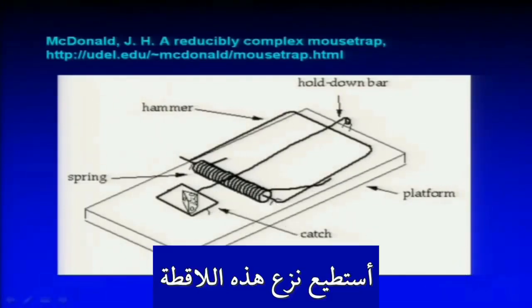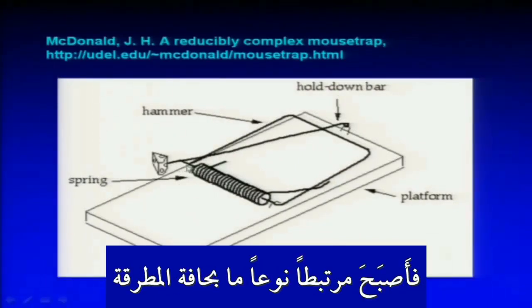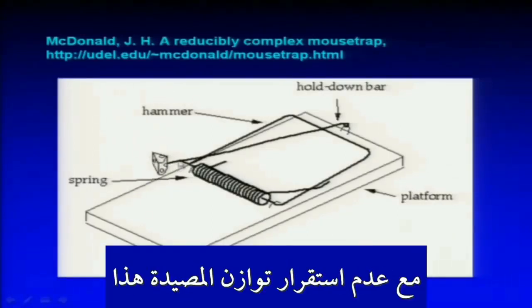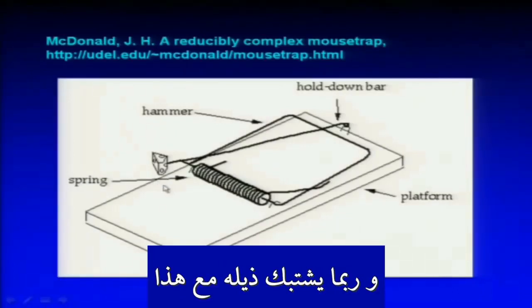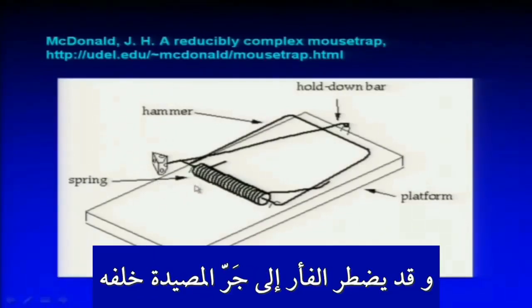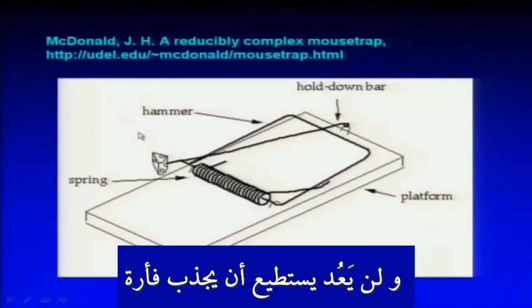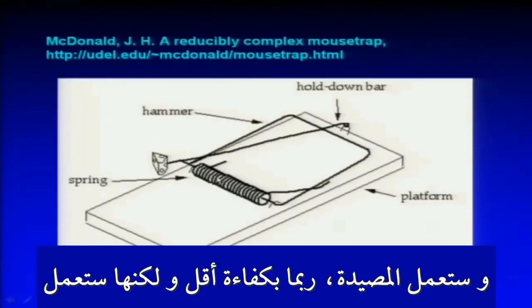I can take away the catch right here. He says, I took it away, and now I put the holding bar down here, and it's just kind of tucked into the edge of the hammer. And the idea is that if a mouse comes along, this is just precariously balanced. He nibbles the cheese, this will slam shut. If the mouse is unfortunate, maybe his tail will be hanging over here. This will catch the tail. He'll have to drag the trap around behind him. You won't be able to get food as efficiently. You won't be able to attract mates. And it would work. It might be a little less efficient, but it would work.